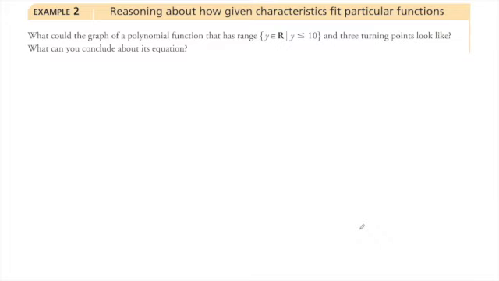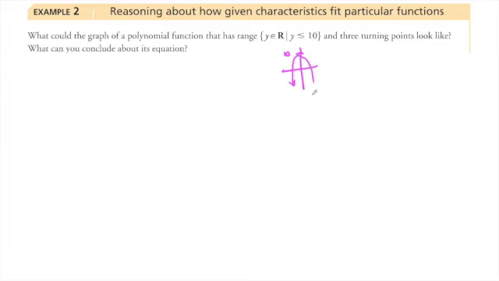Okay, so what could the graph of a polynomial function that has range y is an element of the real numbers such that y is less than or equal to 10 and 3 turning points look like? What can you conclude about its equation? Okay, so for that, you know that if it has a range that has to be y is less than or equal to 10. Well, if you're graphing that, here's 10, you know that your graph has to be under here,